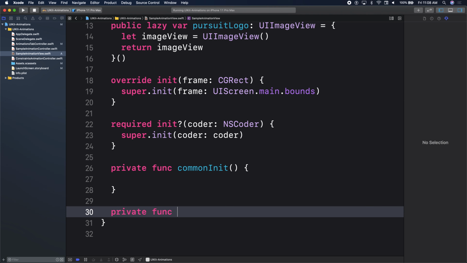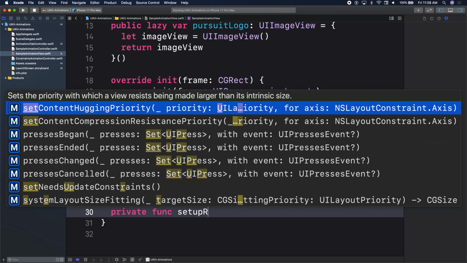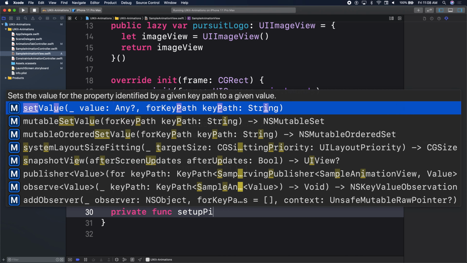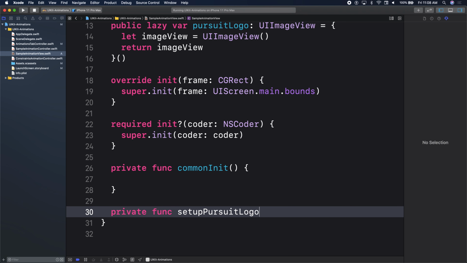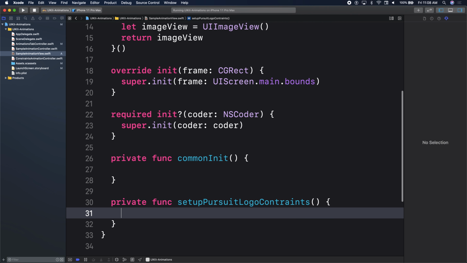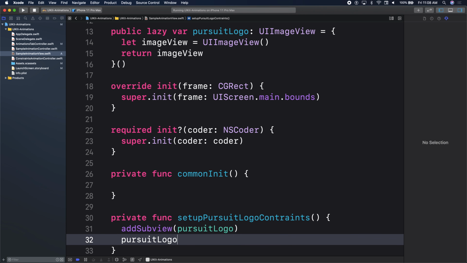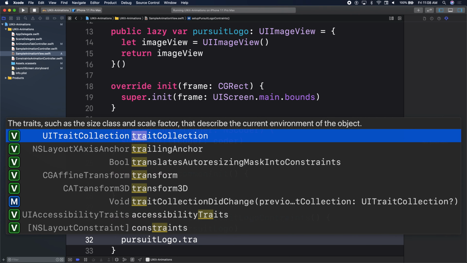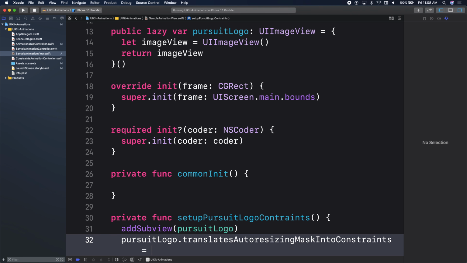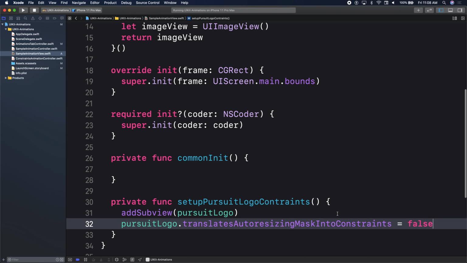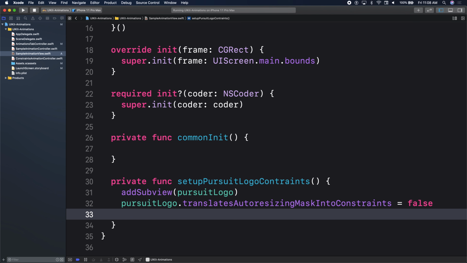Private func setup, Pursuit logo constraints. And here, what are we doing? We're going to add subview Pursuit logo. We are using auto layout, so we set autoresizing mask to false. And then lastly, we'll go ahead and set up our constraints for the logo. So we'll start off by saying NSLayoutConstraint